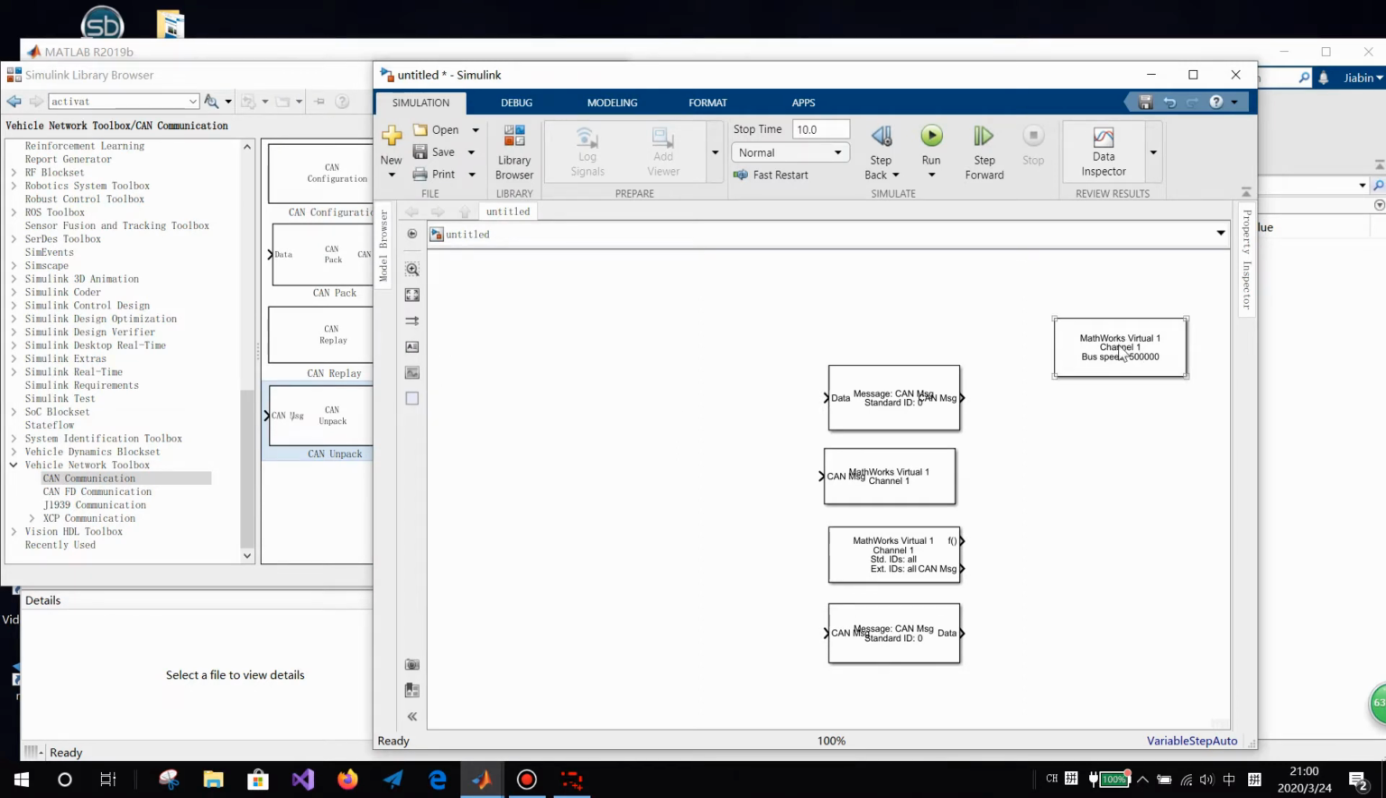Basically, first step is to configure the CAN. Second step, to pack the signal into the frames. Then transmit the frame out. Then by the receiver part, receive all the message. Then unpack the message to get the signals. Totally 5 steps. Now we have all the blocks here, and how can we combine them together and make them